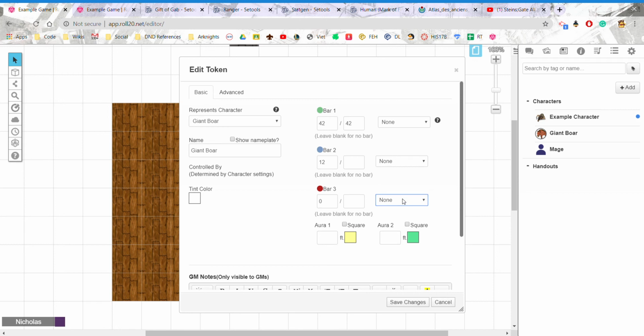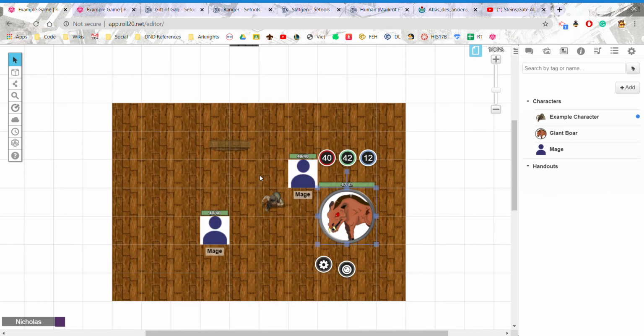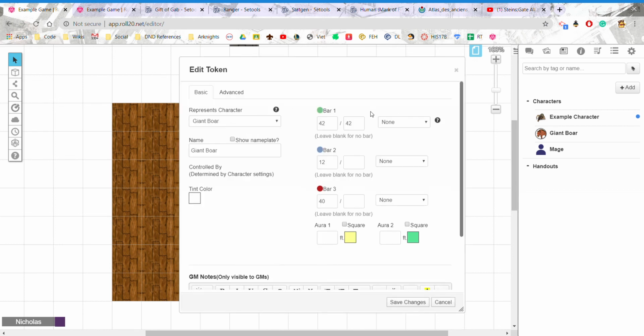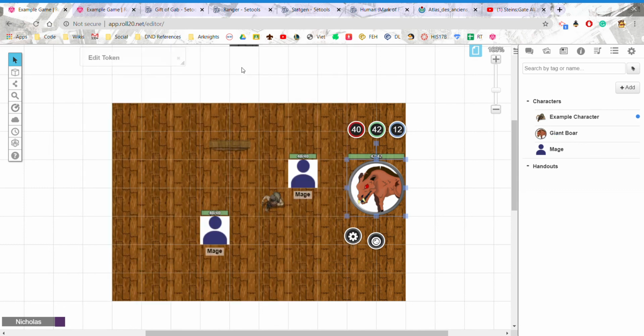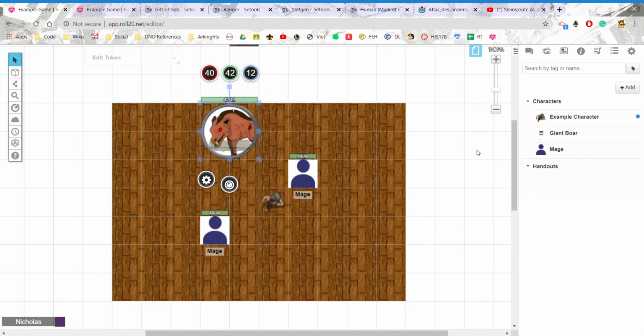Okay, I made a mistake while typing it. So go to speed, select it to 40 speed, and then go to none. Notice that when you select none, the stats stay there, but now it's no longer linked exactly to the giant boar. So what that means is that in the future, if you want to have 2 giant boars,